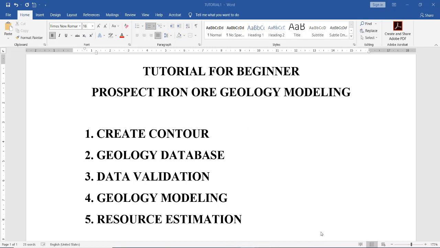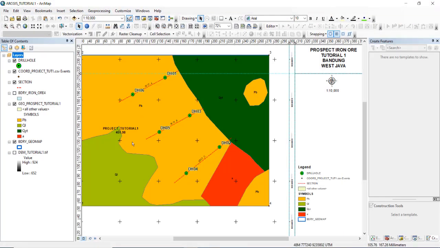Okay, we start from ArcGIS to show you the geology map. This is the local geologic map. The prospect area is about 451 hectares. This formation is yellow.